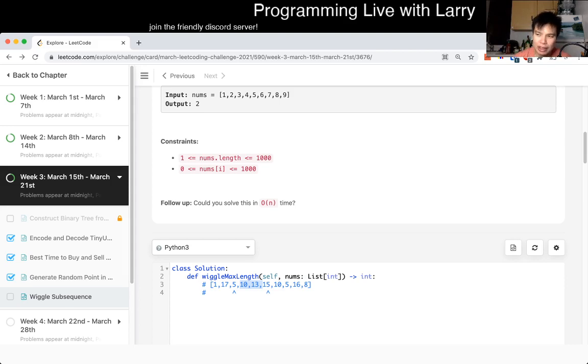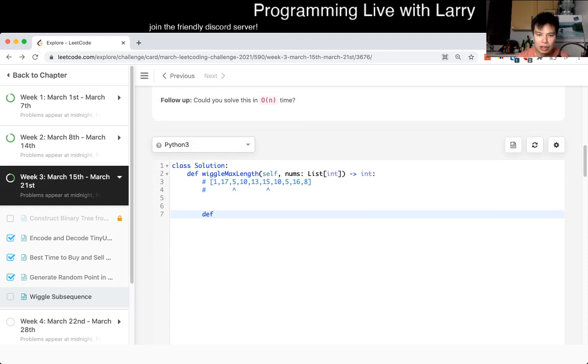Because the 10 and the 13, it doesn't matter, because you're basically compressing them. So basically, we can save the work by looking at adjacent elements. I think that's the big observation that I missed for a long time. So let's get back to it. Now we have two sequences that we can do, right? So let's say find increasing, maybe